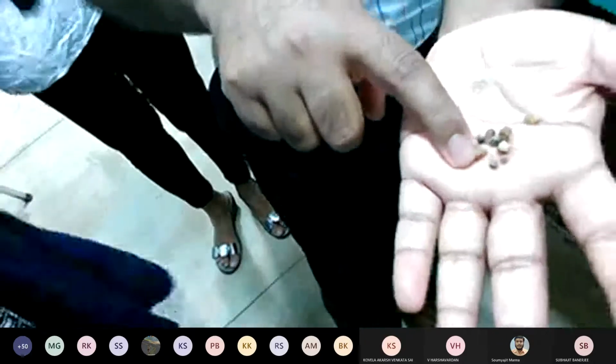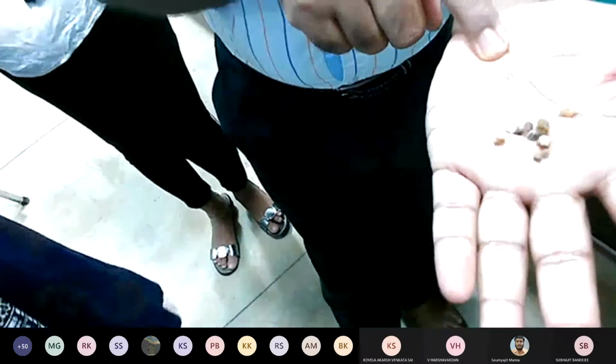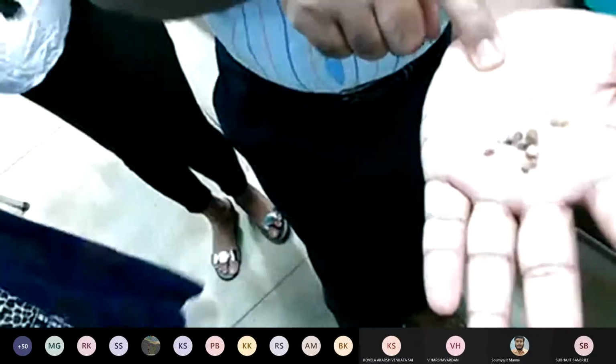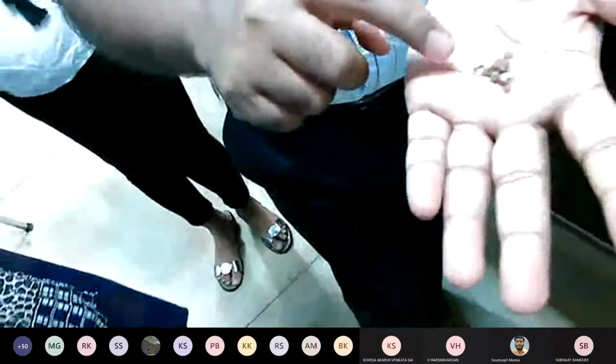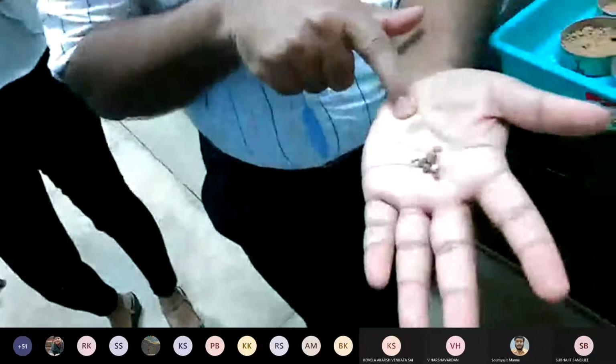So you can say this is granular soil, but of course this is also granular soil, but this could be silt or fine sand, while this may be a coarse sand. So this is how you should be able to distinguish based on the size, millimeter size and micron size.